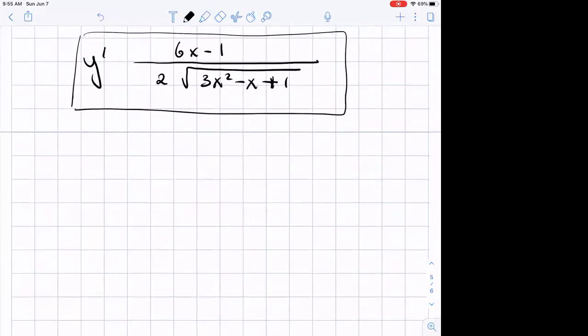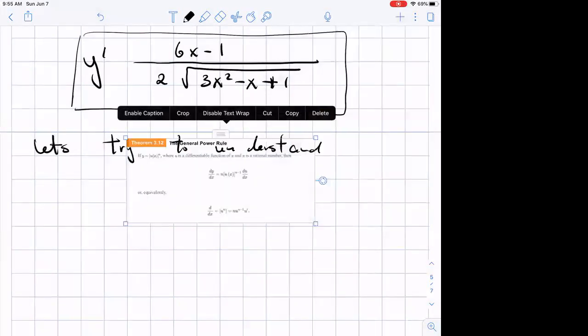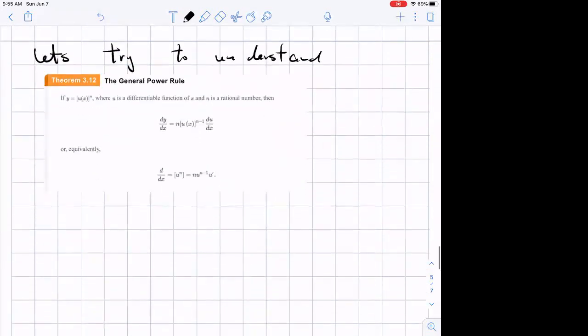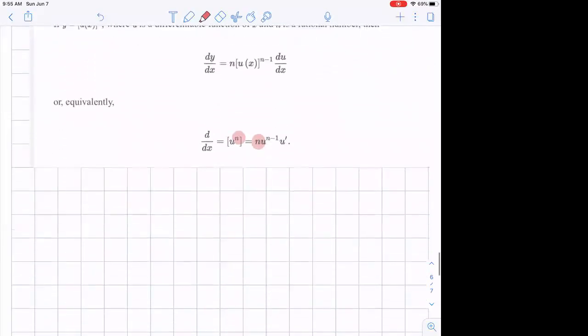So in the next example, let's try to understand this. As I said before, n comes here. So example,